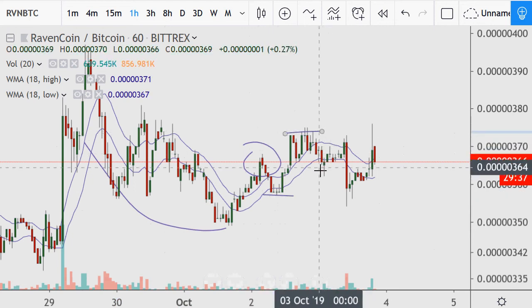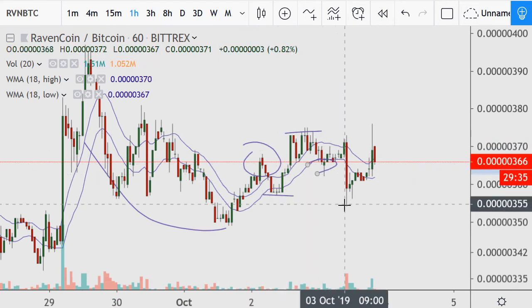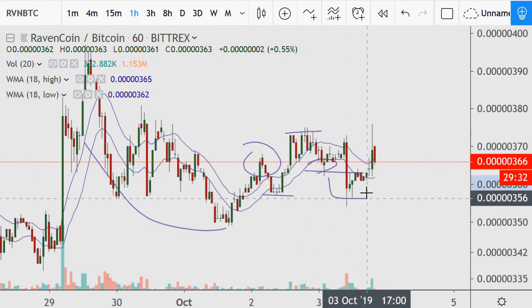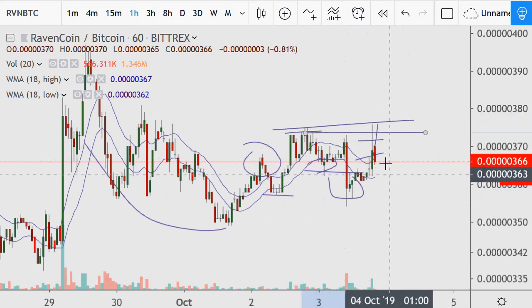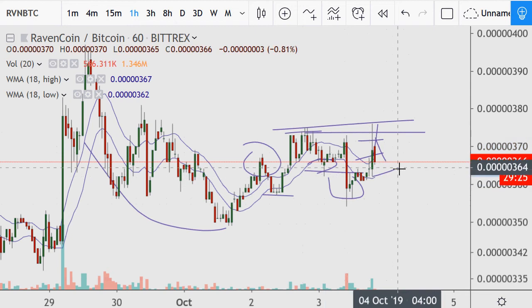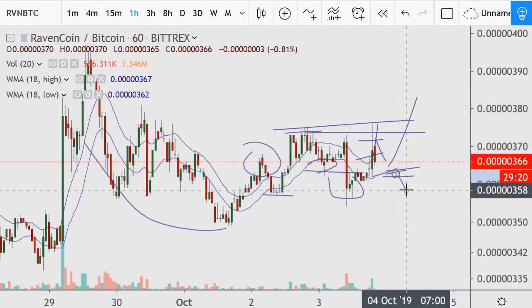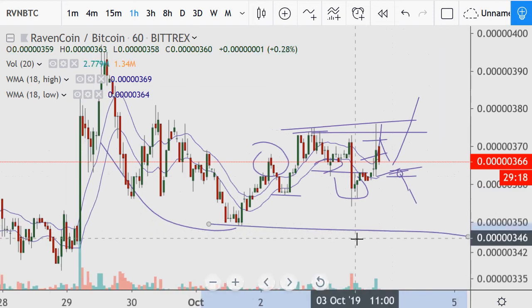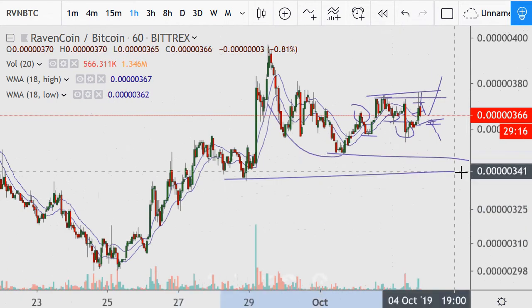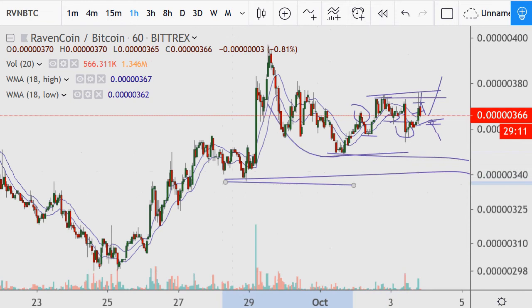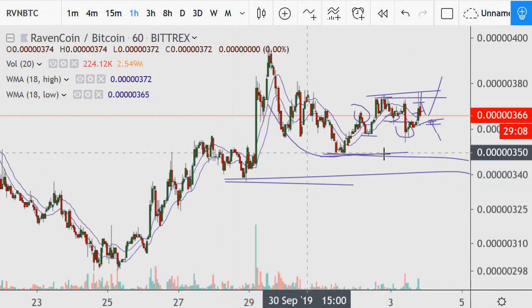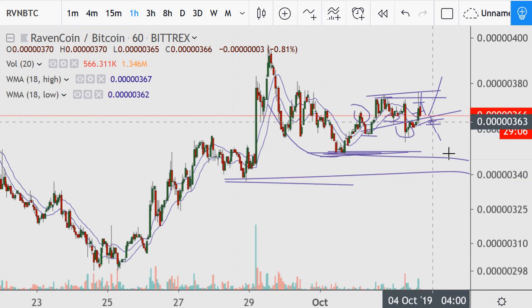New leg higher. It supports it here, but this is a failed breakdown, this little move in here. And we can see it's already showing signs of that fast move coming in. So we've hit this level of resistance, a little bit of a pullback, so huge, this 18 average of lows, because if this succeeds, we'll be looking at a big move. But if it fails, well, at least come down to test probably next somewhere within these two lows here as its next support mark. And it could be just a match of previous low in here. It's had a good run, so a match for now could easily be support.